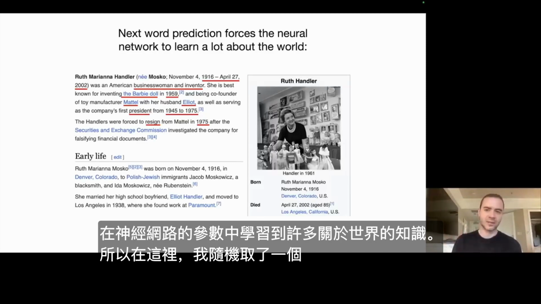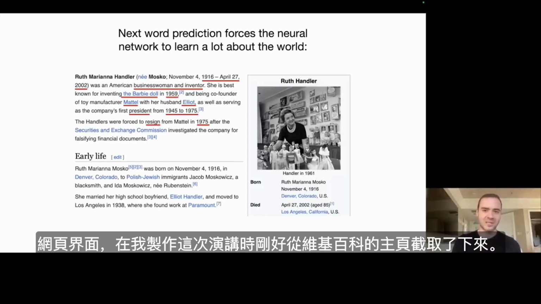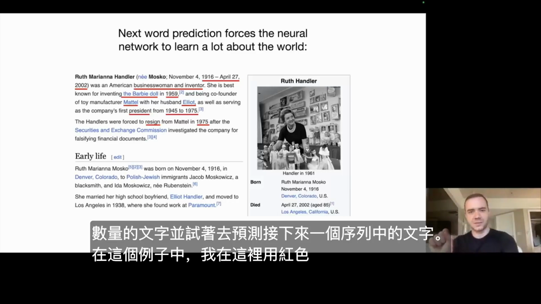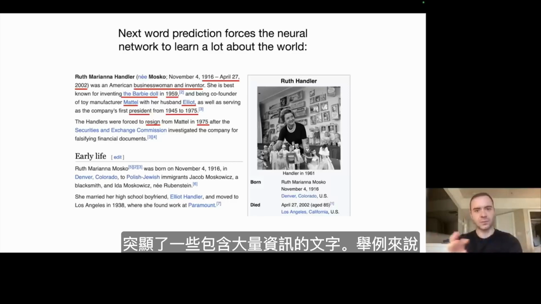So here I took a random web page at the time when I was making this talk. I just grabbed it from the main page of Wikipedia, and it was about Ruth Handler. So think about being the neural network, and you're given some amount of words and trying to predict the next word in a sequence. Well, in this case, I'm highlighting here in red some of the words that would contain a lot of information. And so, for example,